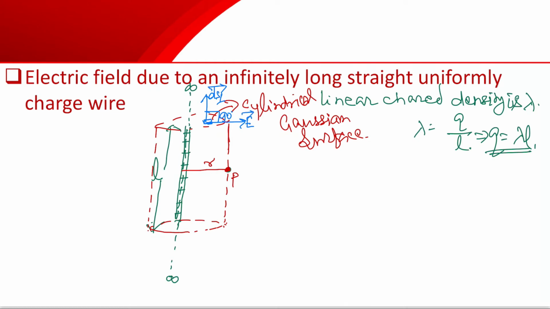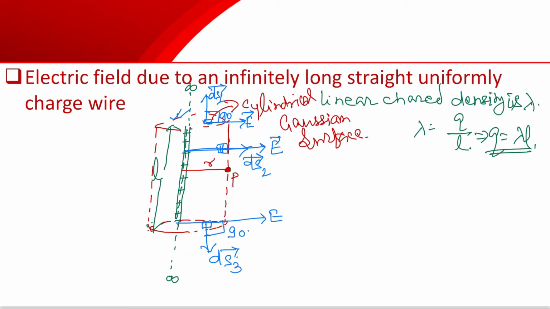Again, another is this lateral surface. If we take a small bit of that, then the electric field will be in this direction, and the small area vector ds2 will also be in the same direction. So in this case the angle will be 0 degrees. Here is the third surface, and in this case the electric field will be in this direction, and its area vector ds3 will be in this direction. Here also the angle will be 90 degrees.